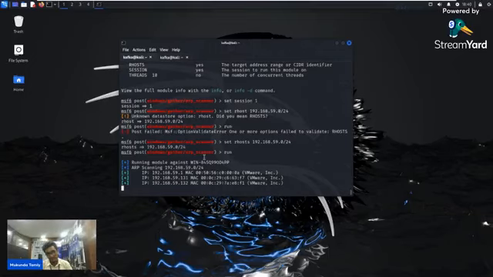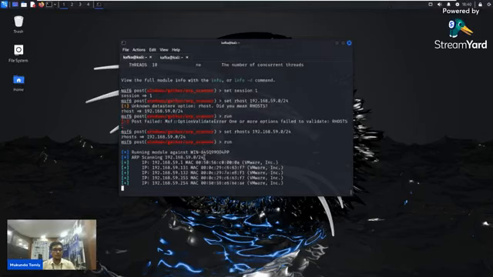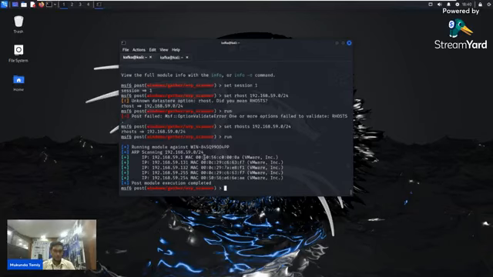Let's wait for the scan to complete. Scanning is going on, there is 255, 254. Okay, so the module execution is complete. I got two, 131 and 132.